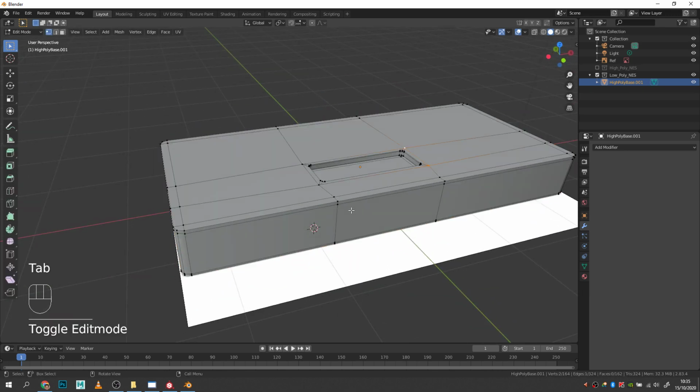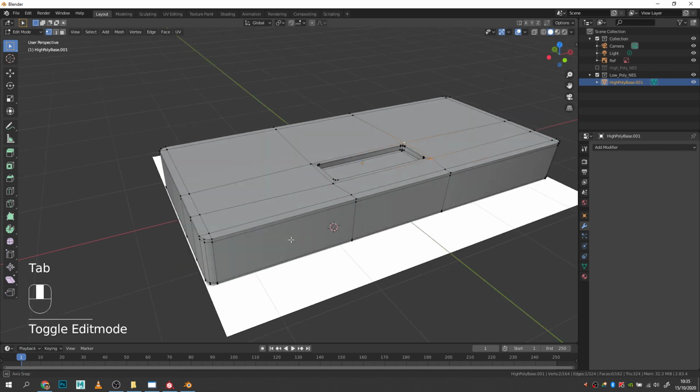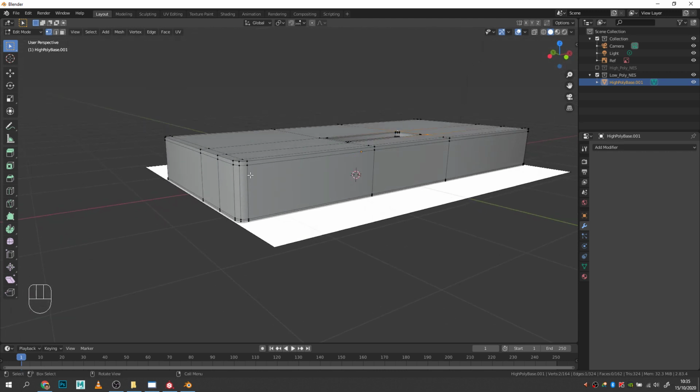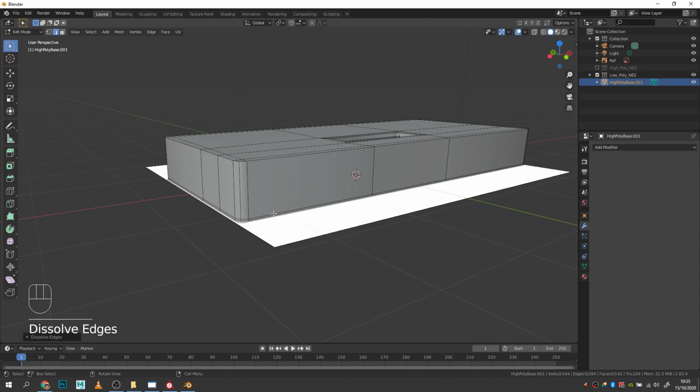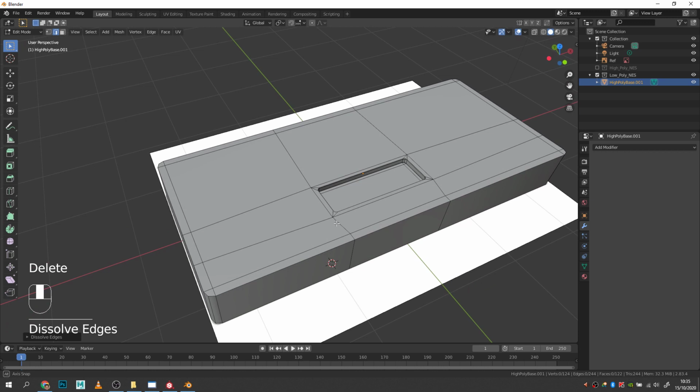We can then go into tab and then start removing extra edges that we perhaps don't want. So 2 on the keyboard, Alt, click, and then delete to delete an edge, and you want to dissolve the edges. Okay, so we're getting rid of them by just dissolving them. So we're leaving the structure still there, we're just dissolving the edge away. So Alt, click, delete, and then I on the keyboard to dissolve the edges. Then to make this even more